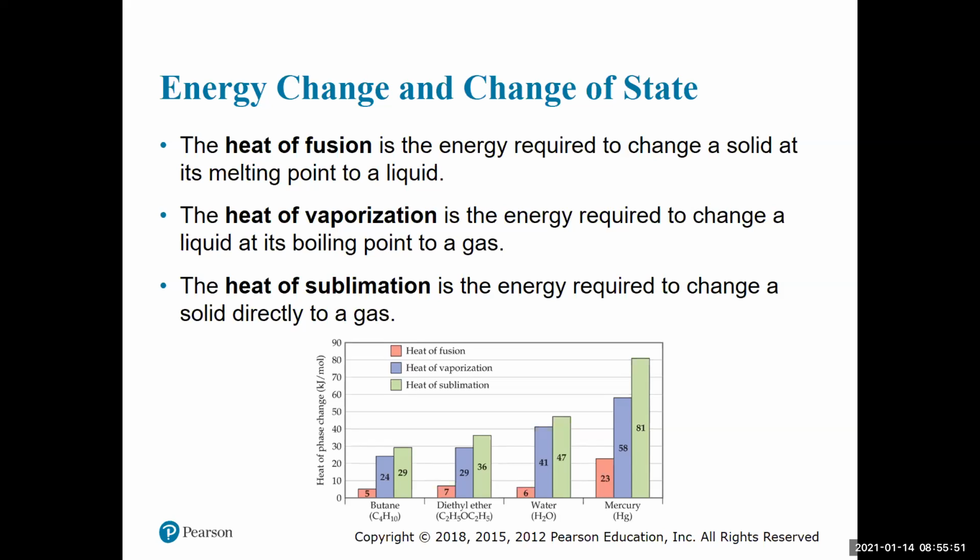So this goes back to those physical changes that we talked about in the previous slide. And so these are terms that if you're going to do some of these calculations, you'll need to have values for heat of fusion,